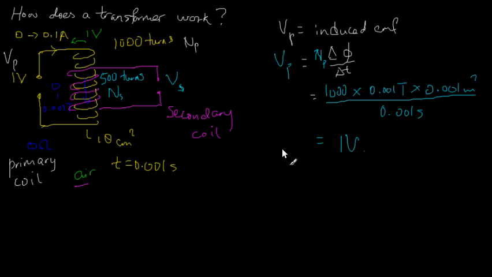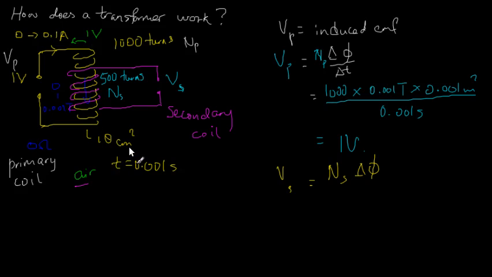I can follow very similar steps for the Vs. Let's try that. This time the number of turns will be Ns, which is 500 turns instead of 1000 turns. Now the change in flux is exactly the same because the secondary coil coils around the primary coil, and they both coil around the same 0.001 Tesla, which spreads over